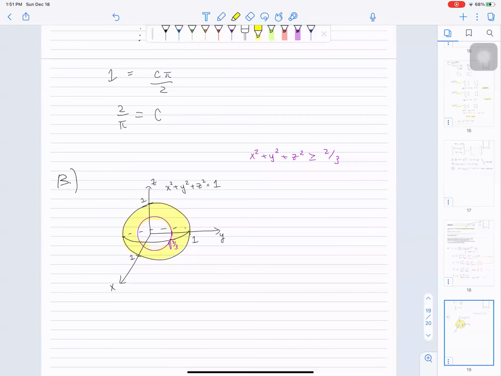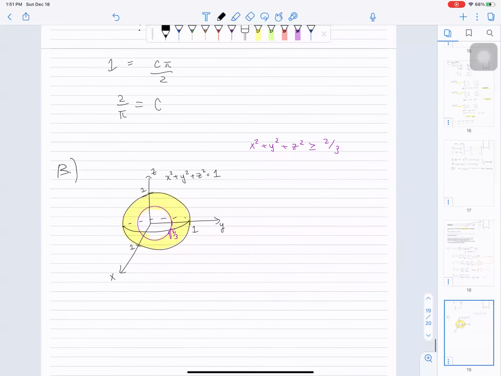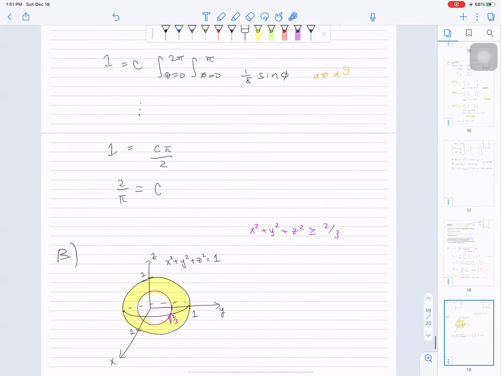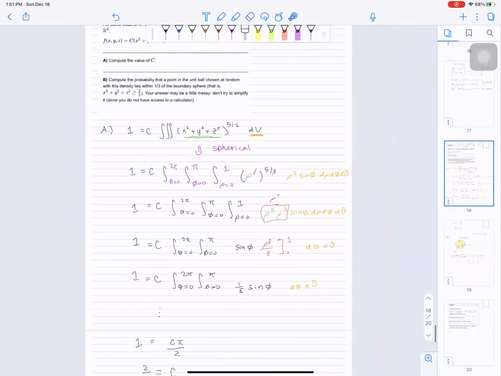Okay, and so I want to find the probability that I'm in this region. So what can I say? The probability that you have a point within 1/3 of the boundary equals the triple integral of your density function, dV. Right? What is our density function? Our density function is,